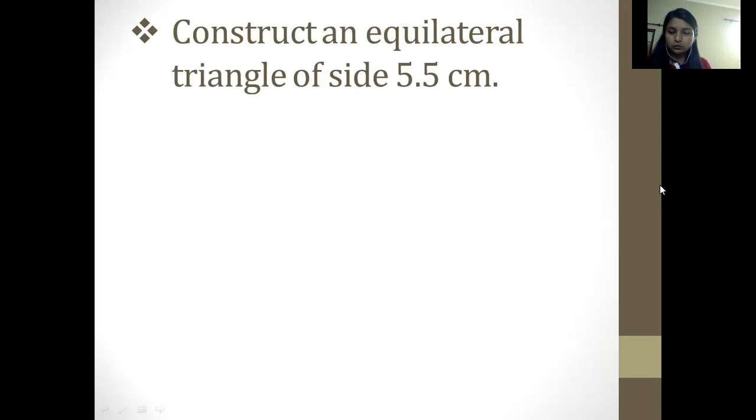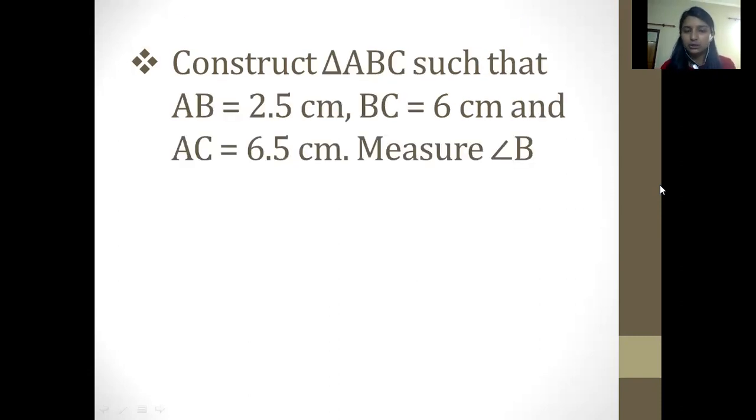Okay. So what you can do is you can give the base at 5.5. You would be opening your compass for 5.5, then drawing one arc from point A, one arc from point B, and joining those arcs. Okay, then easily you would be receiving your result, and you would be receiving the final triangle. Okay, students, it is not that tough. You can do it now. You have got an idea about how we can construct the equilateral triangle.